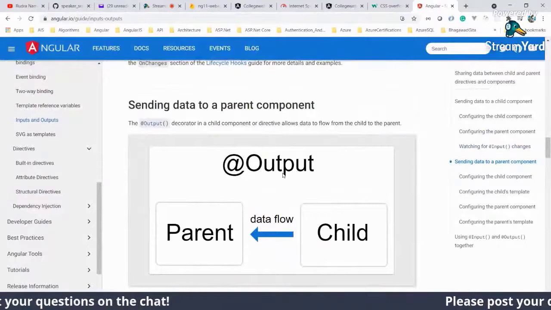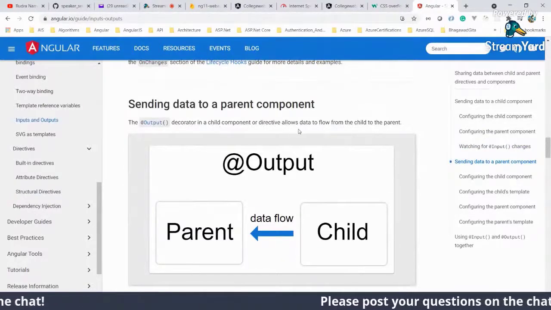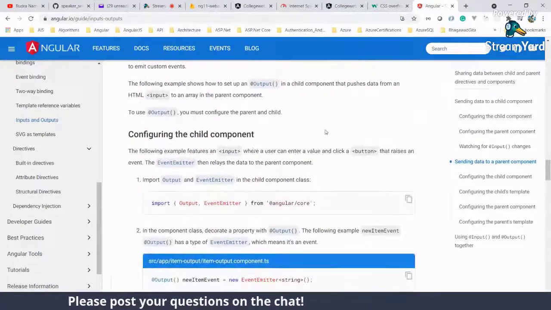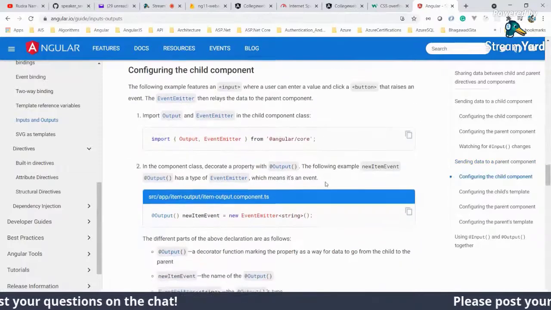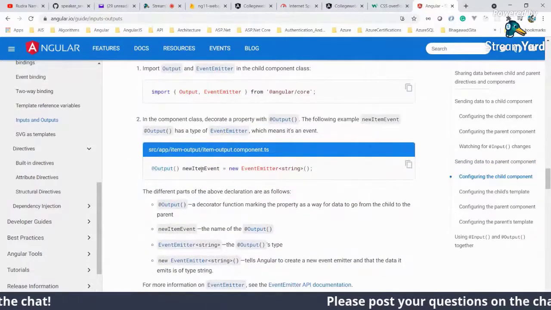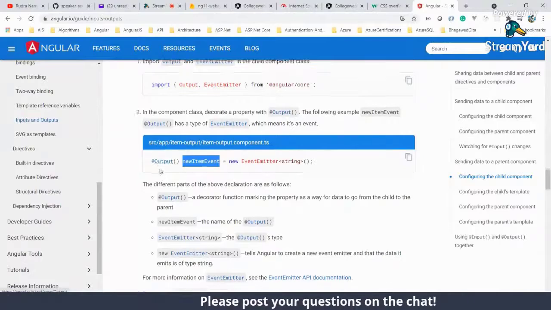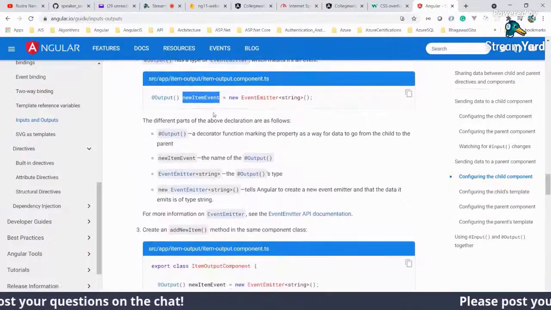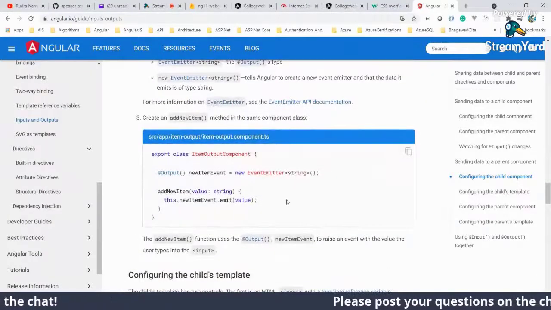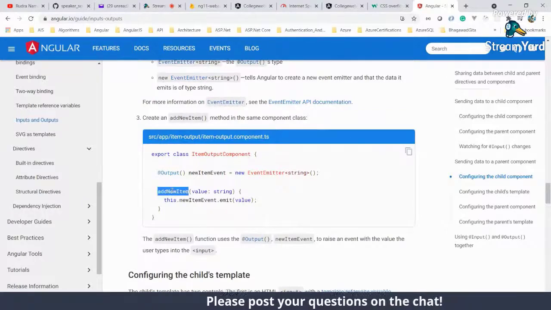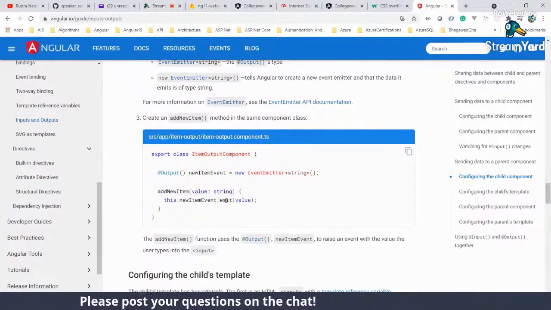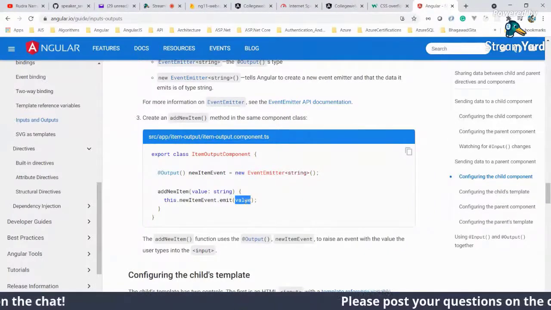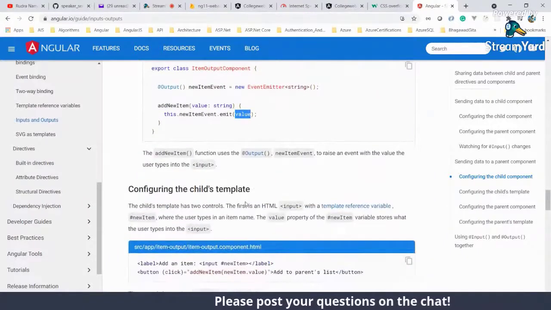Similarly, output is when a child component wants to flow data from child to parent. Most probably that will happen through event emitters. The output will declare an event emitter with Output as a decorator. After creating this event emitter, we will have a method where it emits. It will call emit, and we can pass a structure, an object or a scalar value, whatever we want, from here. So it comes back to the parent component.